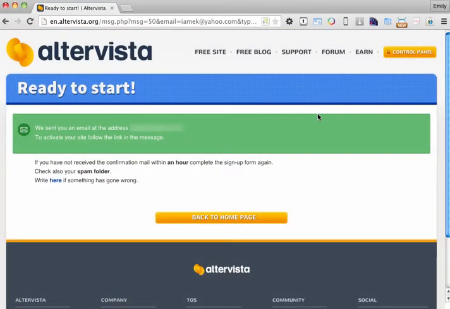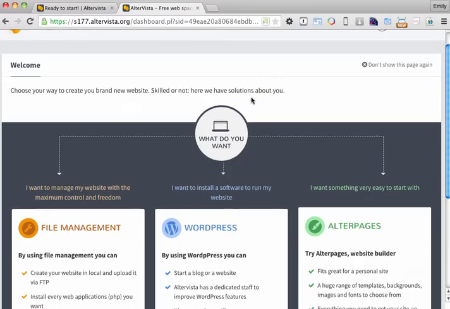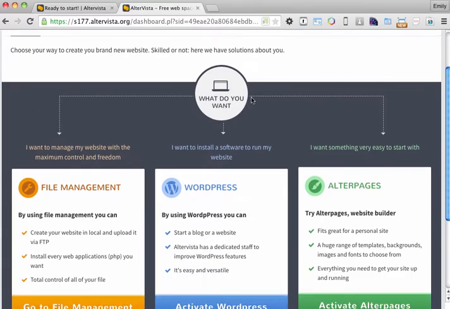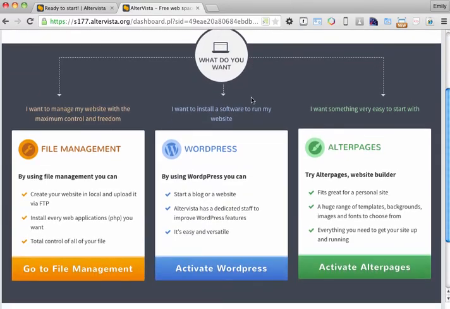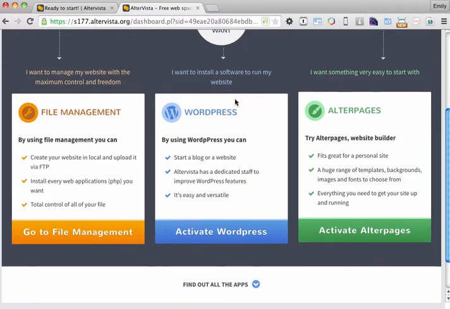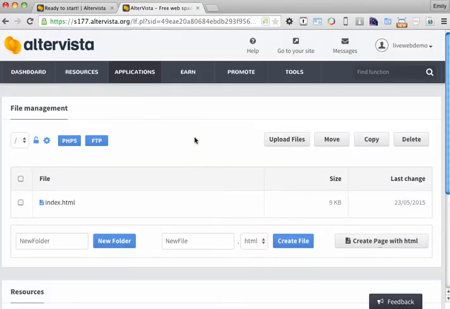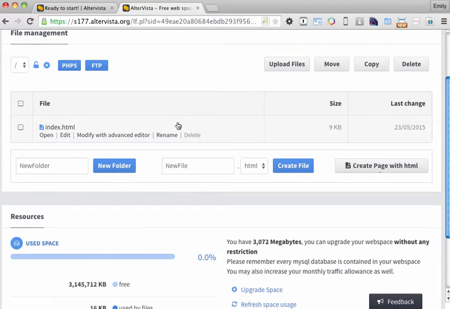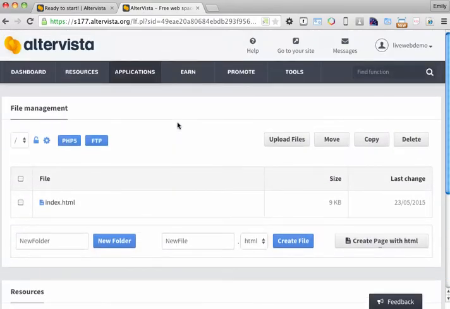Once you've finished filling out the form, you're ready to start. You will have to check your email so that you can activate your site. So once you've checked your email, you'll be placed in the AltaVista welcome page, and this will give you some information. It allows you to choose how you want to use your site, and because we're just going to be uploading our site, we're going to click this link, go to File Management, and from the Go to File Management area, I can manage how my site is going to be used, and I can place it up on the